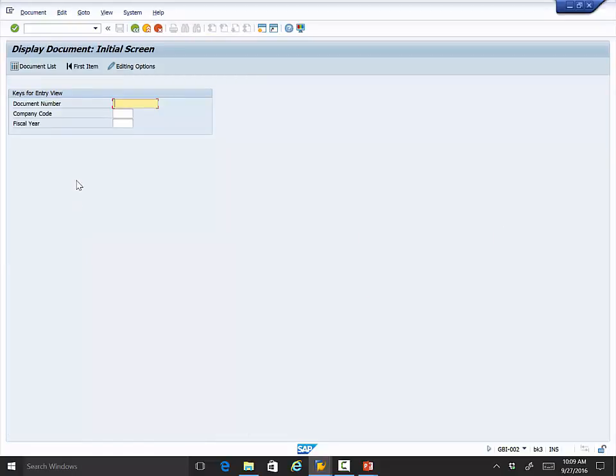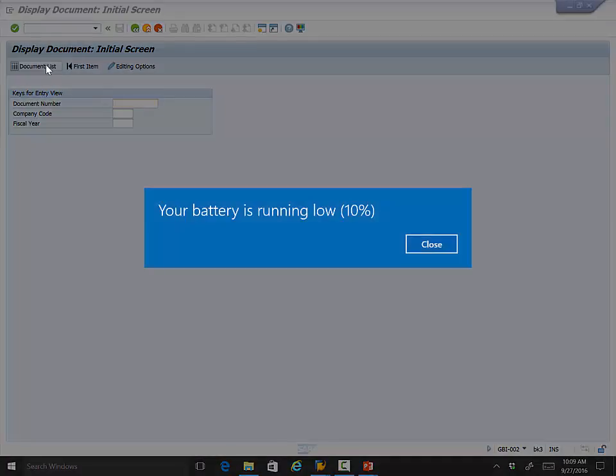Okay, so notice here, it's asking me to give it a document number. If I knew a document number, I could just type that in here and jump right to that particular document. But I'm going to have to do some searching here, so I can click on